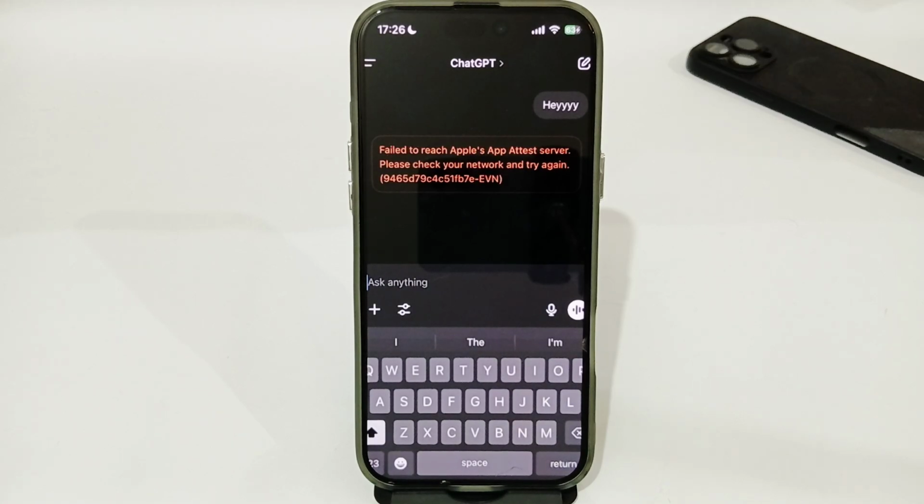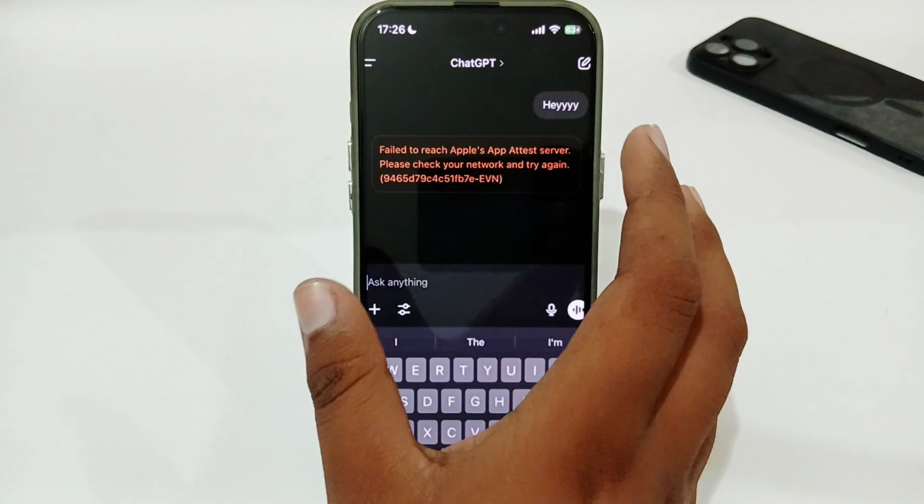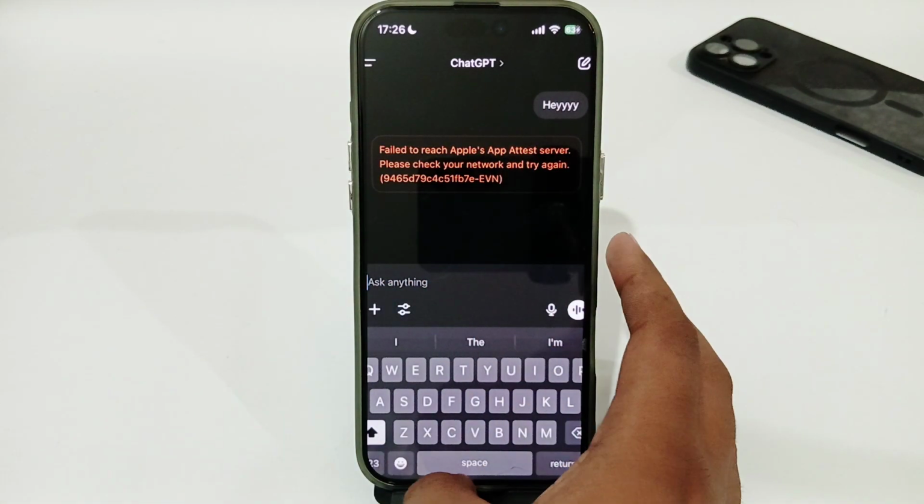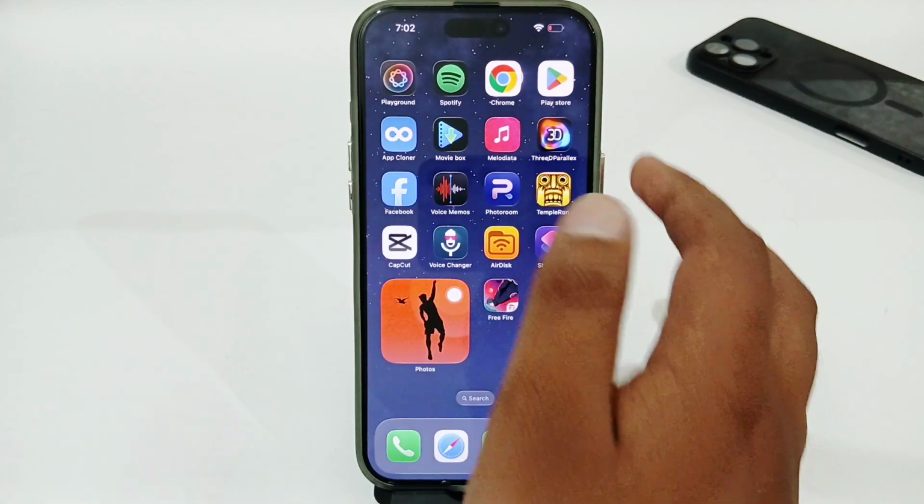Hey guys, today I'm going to tell you how to fix the ChatGPT network error on long responses. If you're using ChatGPT and you get a network error on long responses, let's see how you can easily fix that issue. First of all, you just have to go back and make sure that